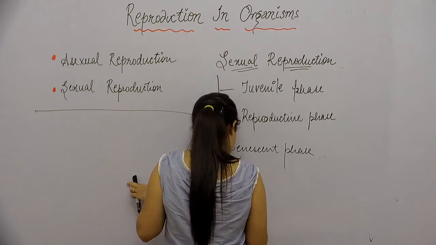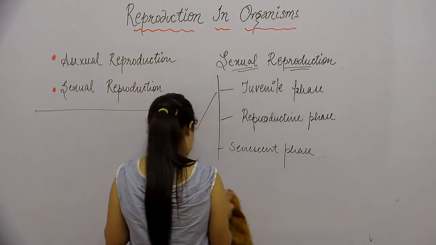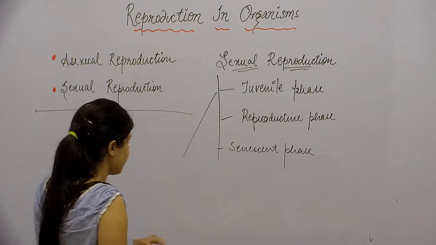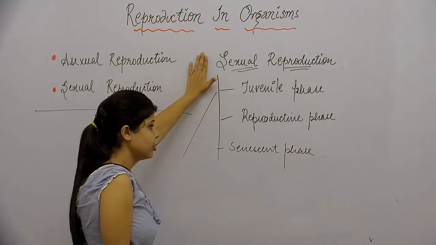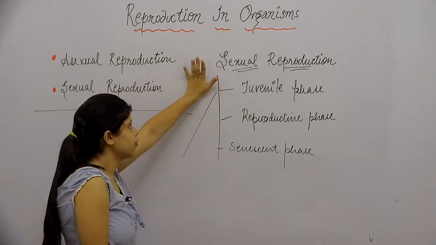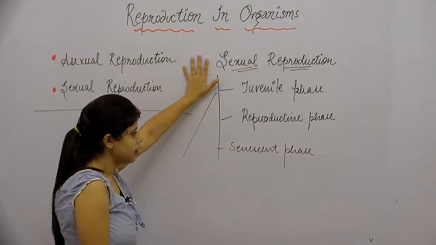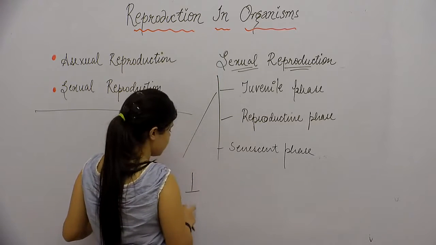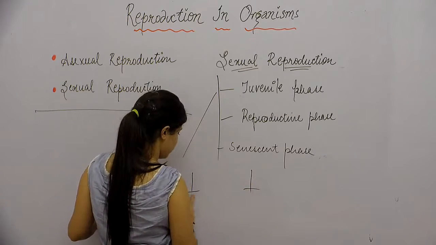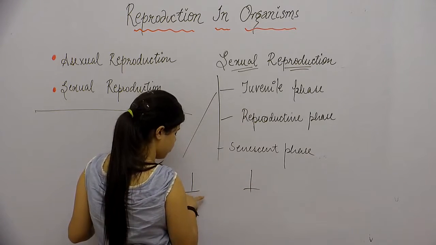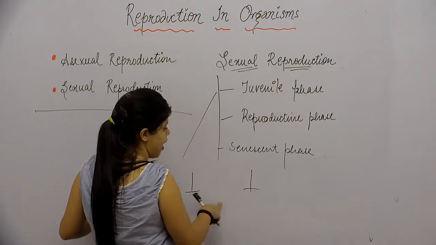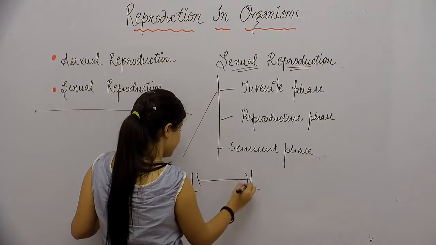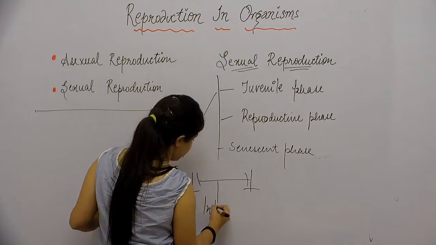there are various seasons in which plants produce flowers. As you know that flowers are the sexual components or the sexual organs of the plant. So there are various seasons in which the flowers grow. So the period between the growth of flowers in a particular season and the growth of flowers in the other season, this period in between is known as the interflowering period.